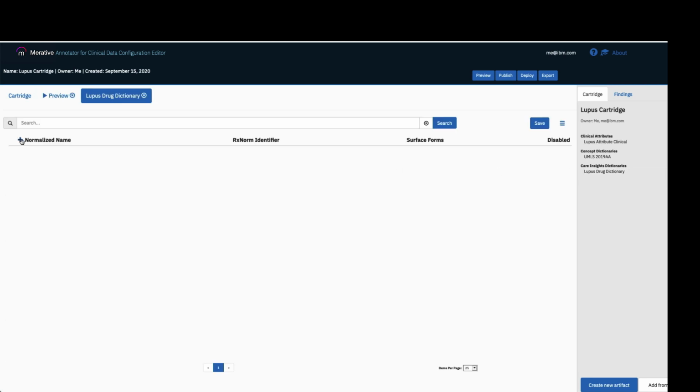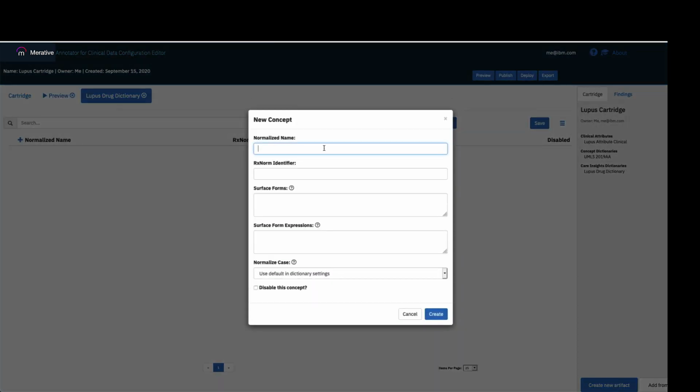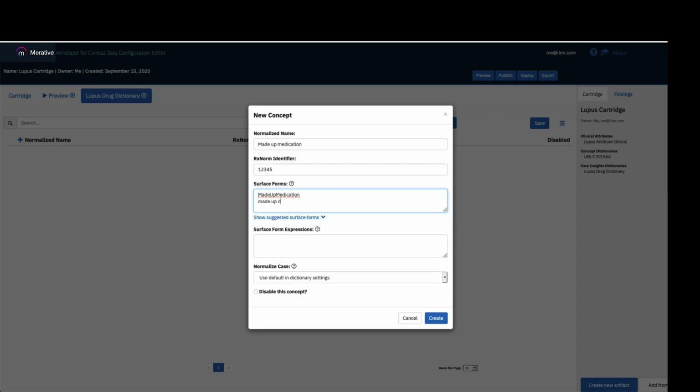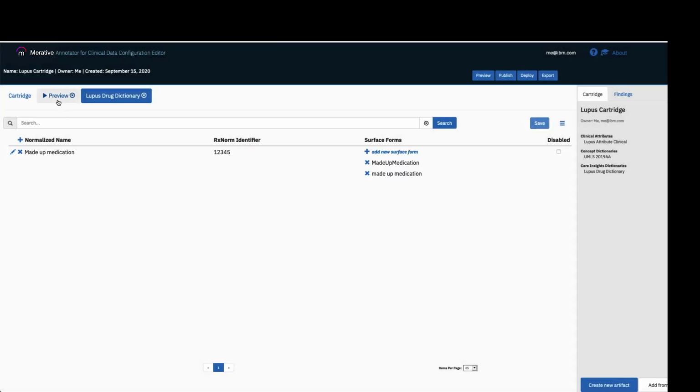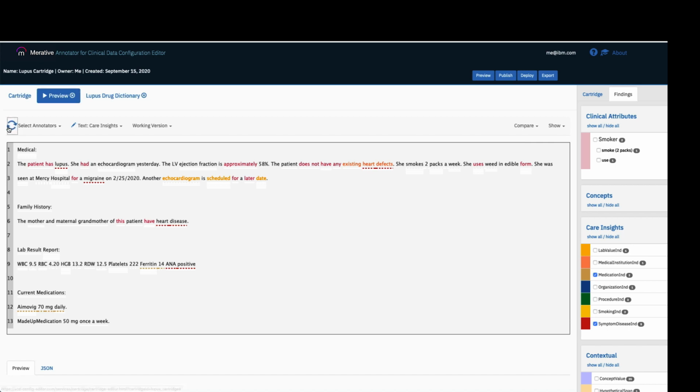I'm going to open that up and add a new concept. The normalized name of my medication is going to be just made up medication. I can add an Rx norm identifier if there happens to be one, and the surface form is made up medication, which we saw in the text, and it can also be made up medication with spaces in between as well. I'm going to create that concept,